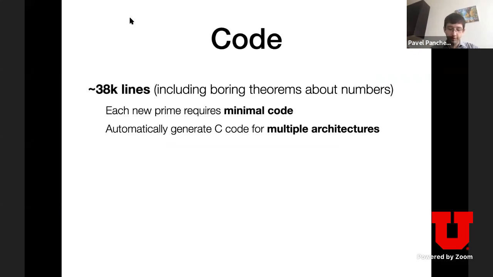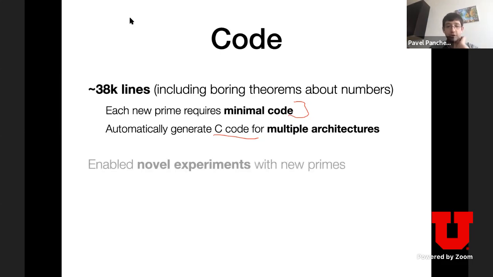Those 38,000 lines, which include a lot of boring proofs about number theory and bitwise arithmetic and that sort of thing, will automatically generate C code for different architectures as you specify them. And you can add new prime numbers to the generator very easily. Basically, you just need to describe the prime in this simple structure. In fact, it requires so little code to generate a new crypto implementation that